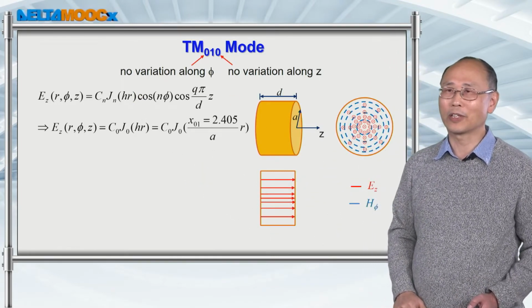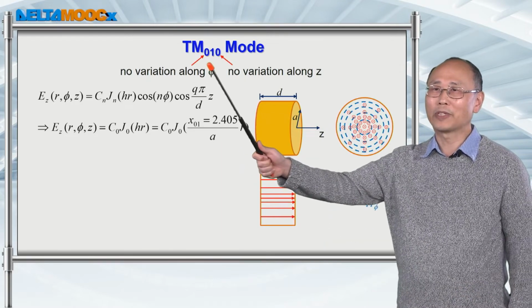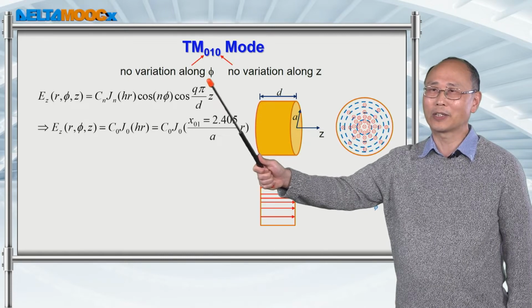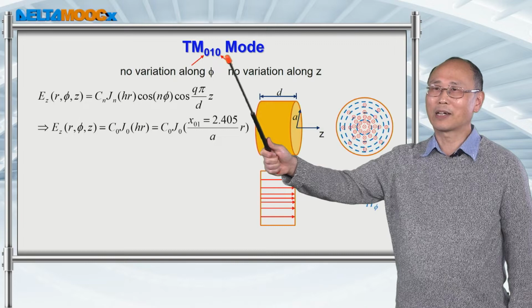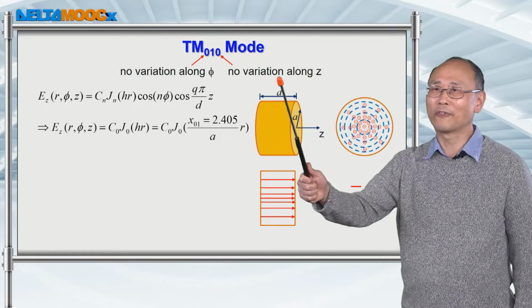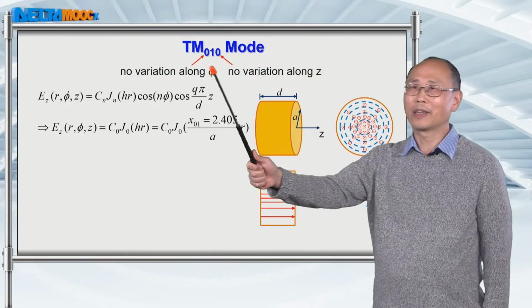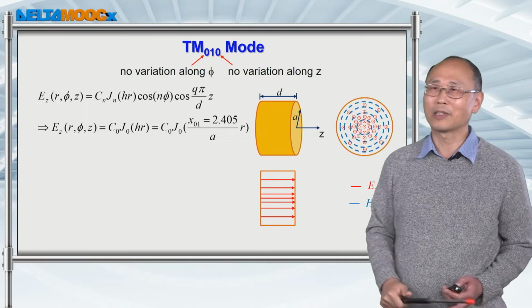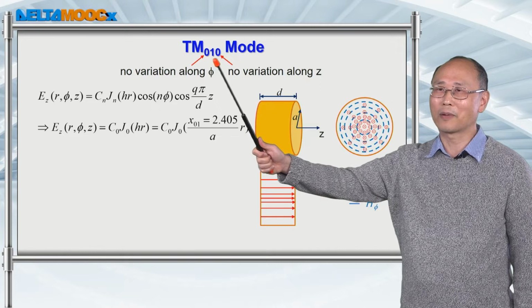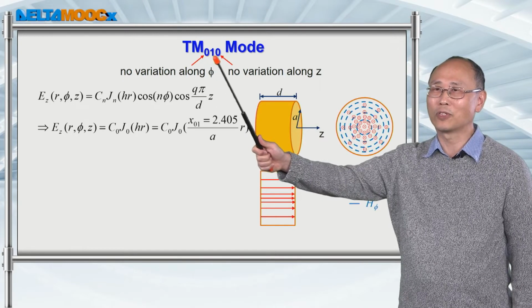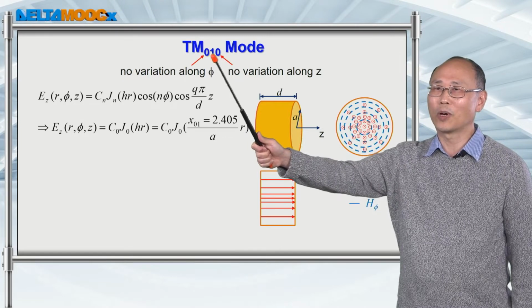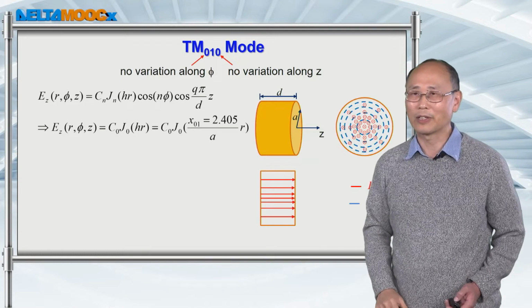components inside this resonator. And I want to remind you that the first mode index refers to the variation along the phi direction. And the third index refers to the field variation along the z direction. And this 1 or 2 or 3 is the zero of the Bessel function. The first zero of the J0 function will give you 0, 1. And the first zero of the J1 function will give you 1, 1 in these mode indices.